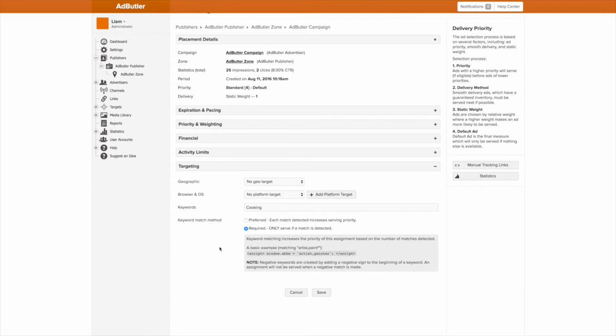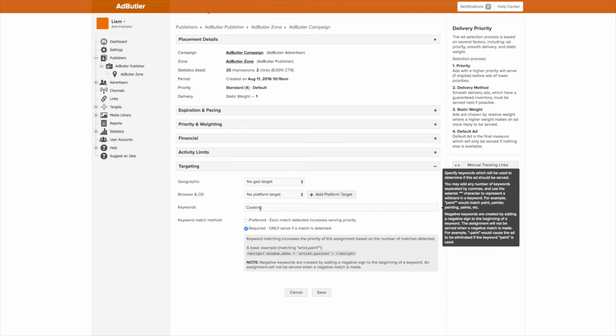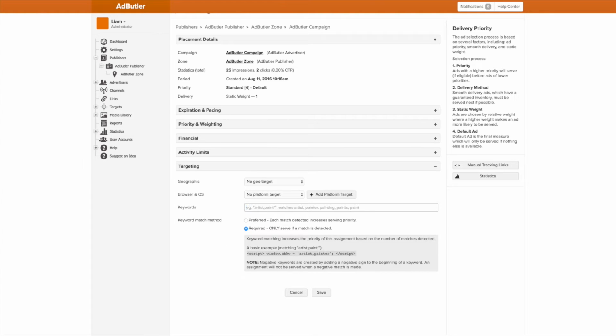Now let's talk about macros. A macro is like a pre-made code bit that adds functionality for you and changes the keyword targeting. Think of these as additional options that tweak the targeting a bit and add extra functionality for you. We have a couple different macros I'm going to go over.